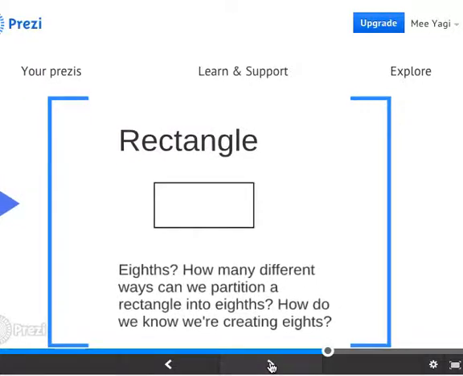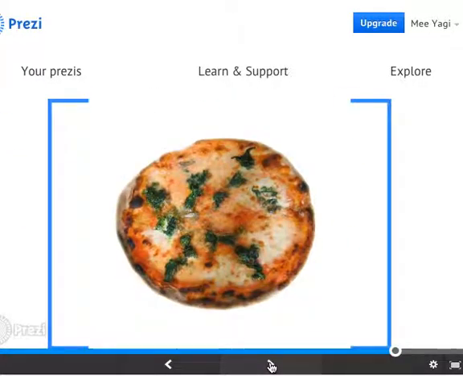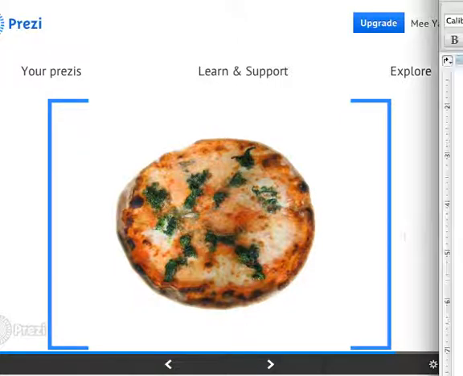So now let's take a look at the circle, right? What is this? What do we see? We see a pizza. Why do I have a picture of pizza? Because the pizza represents the shape of a circle. And traditionally, when we buy pizza, it's split into 8 equal parts, right? Well, I'm sure that's not the only way that we can split a pizza into equal parts, right? We can also split it into halves,